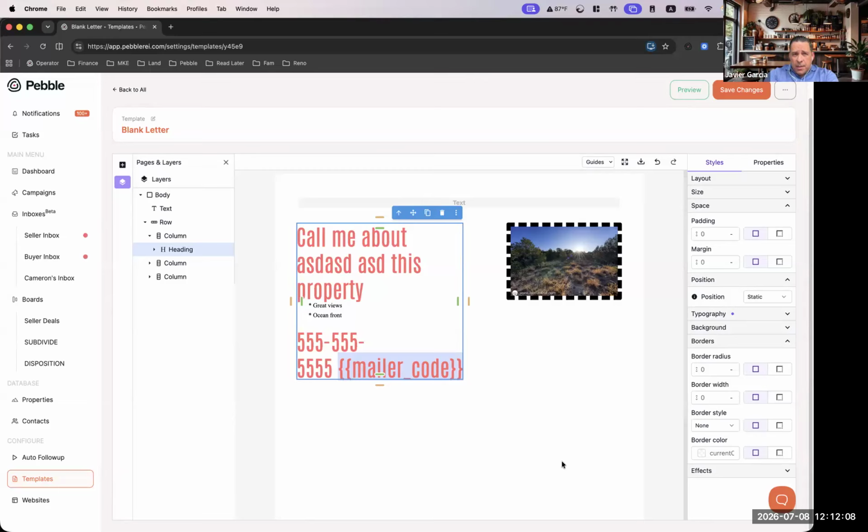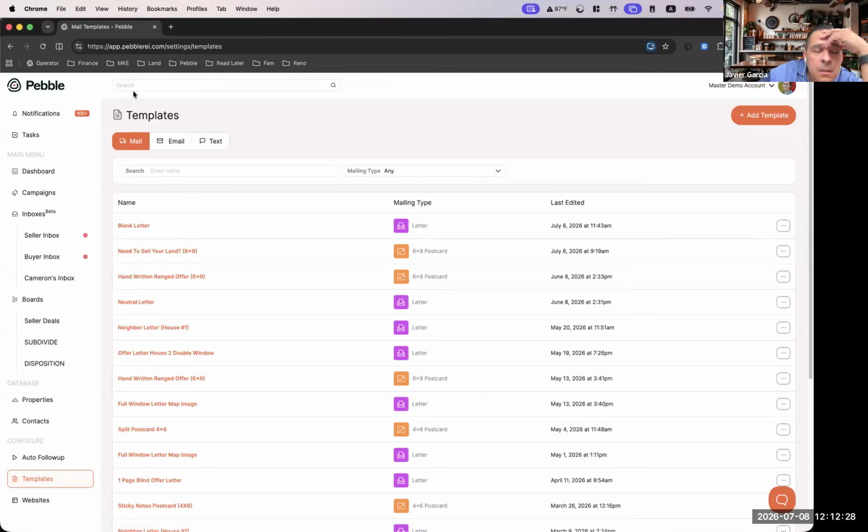But the question I had was on the placeholders, what do you call the placeholders? Yeah, the placeholders. When you highlight a group of text, a little pop-up box appears, and then you can do that. Let's take a look at that again. So let me go ahead and start with a brand new template that has some text in there, and so we can. The other question I have is that